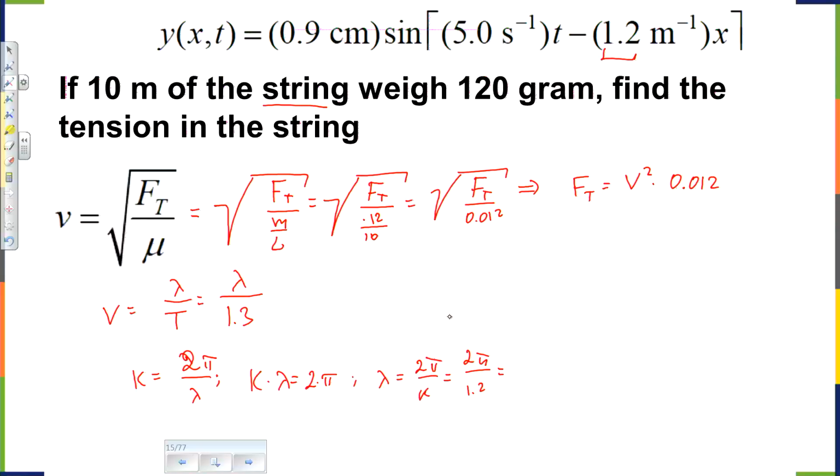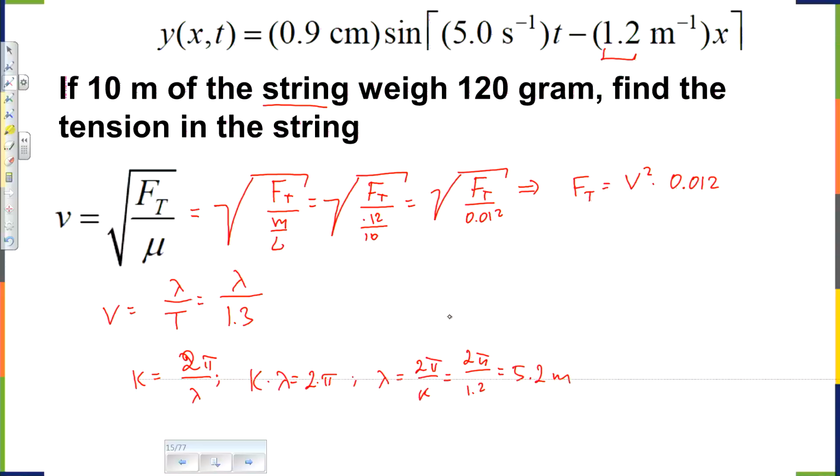Calculator just died. Oh, now it's on. Something is really, really strange happening here, like a Bermuda Triangle. What do you do? 2 pi. All right. About 5.2